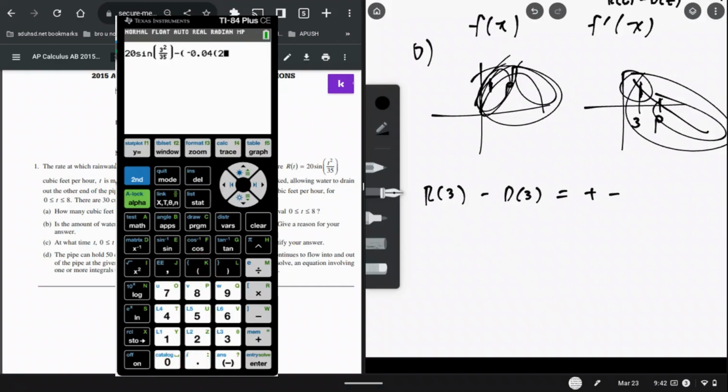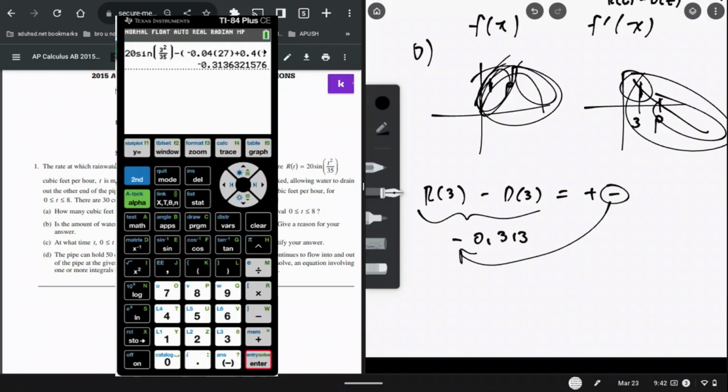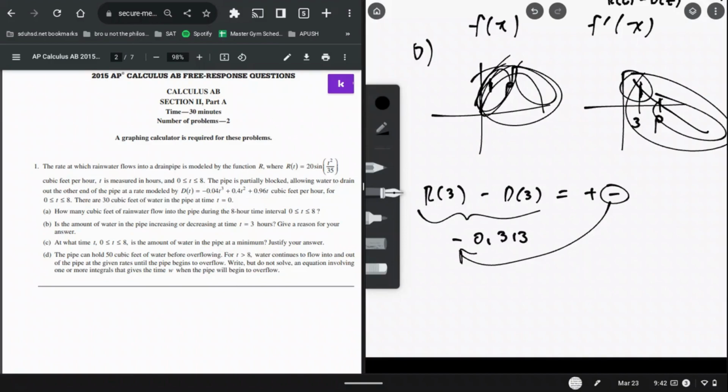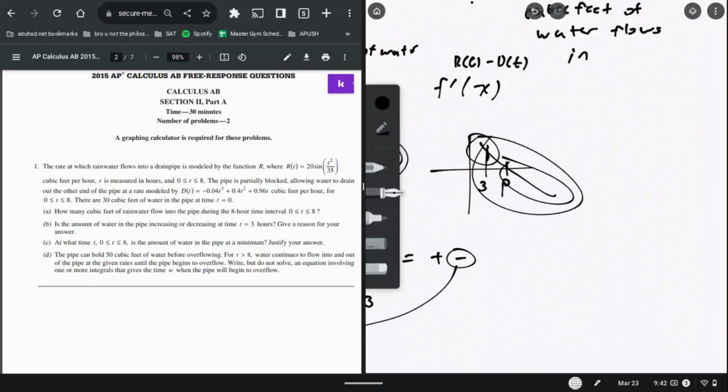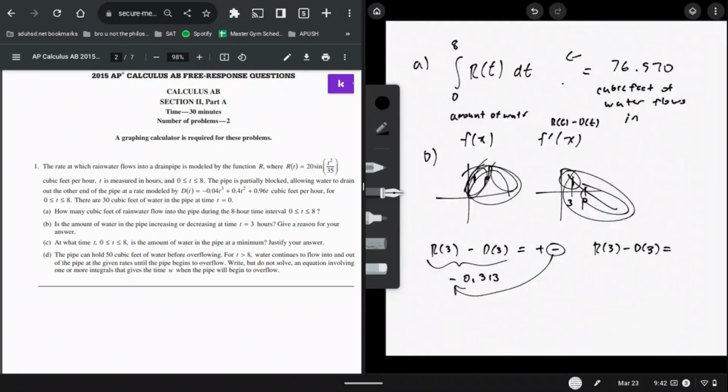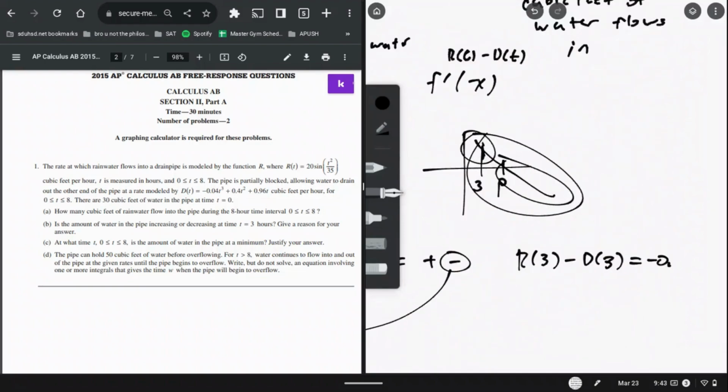So if we plug in R of 3 minus D of 3, you should get negative 0.313, which is a negative number. So now we know that the amount of water in the pipe is actually decreasing at t equals 3 hours. So really all you have to show for your work is R of 3 minus D of 3 equals this number, which is negative 0.313, and then you show that this number is less than 0,